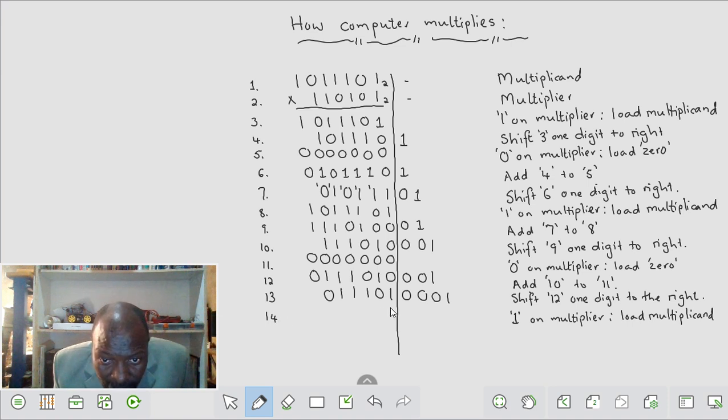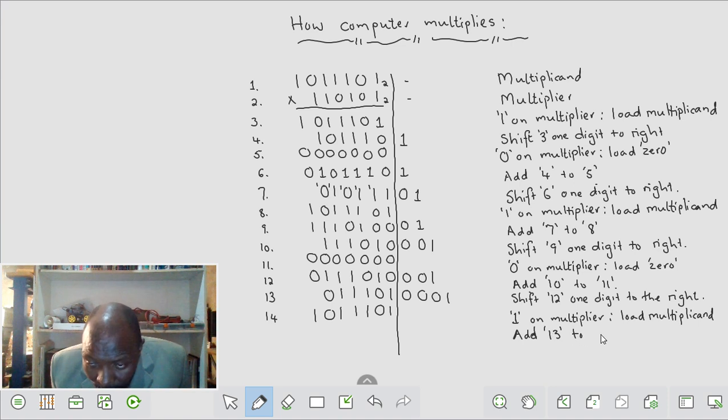What's the multiplicand? It's a 1, 0, 1, 1, 1, 0, and 1. What do we do after loading? Each time we load, what do we follow with? We follow up with an add. What do we add? The contents of 13